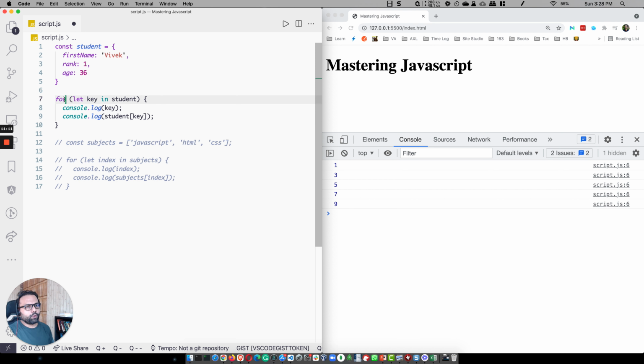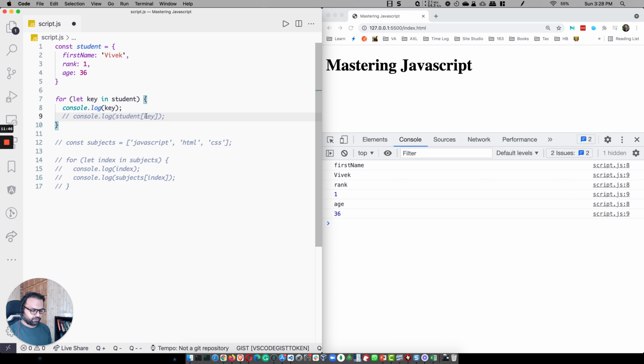Here we have the same for keyword, but we don't have those initial expressions and conditions. Whenever JavaScript finds this in keyword inside the parenthesis after for, it treats it as a for in loop. The syntax is that we have a loop counter, which is key here, and we have an object here. And what it will do for us is loop over